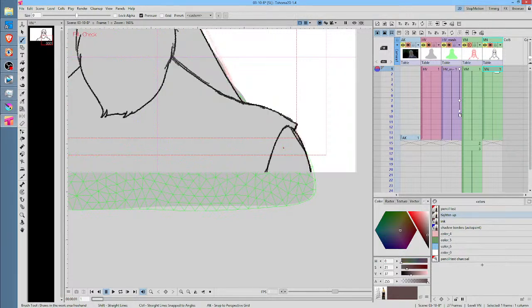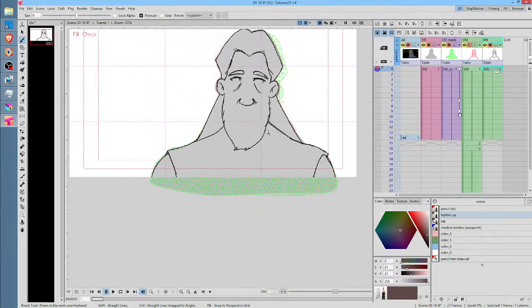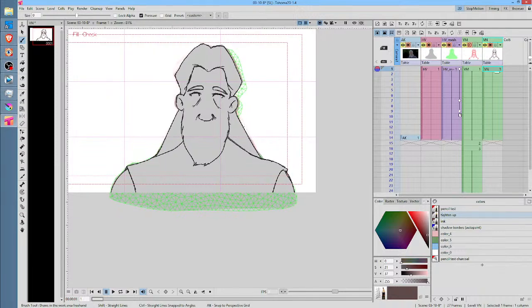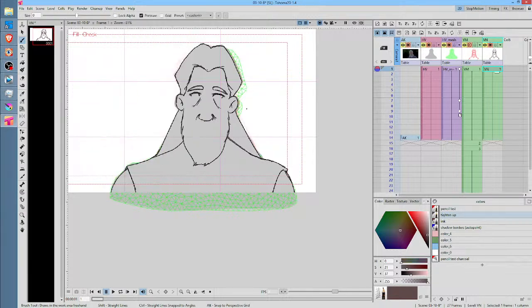Control Shift F. It might be a default hotkey, I'm not sure, but I have Control Shift F mapped to the fill check right here. It tells you instantly if you have closed shapes, so that you're going to be able to do fill operations without it leaking and filling up the whole page. So now